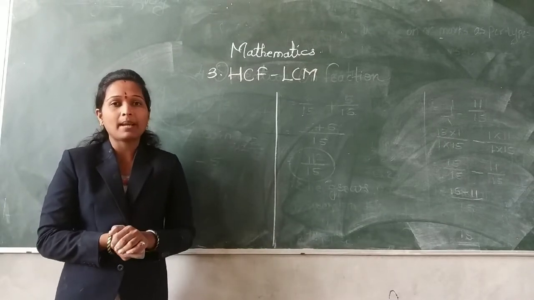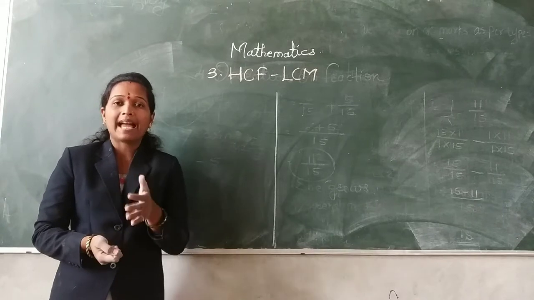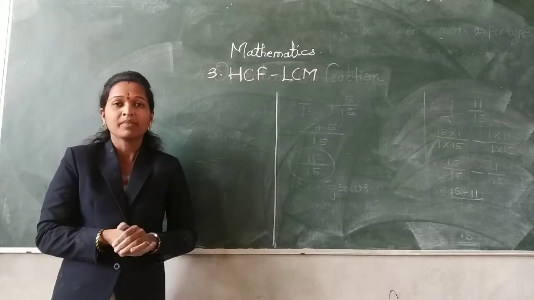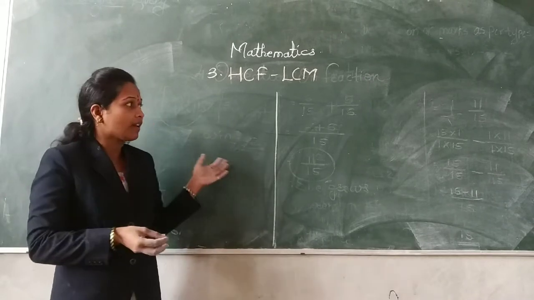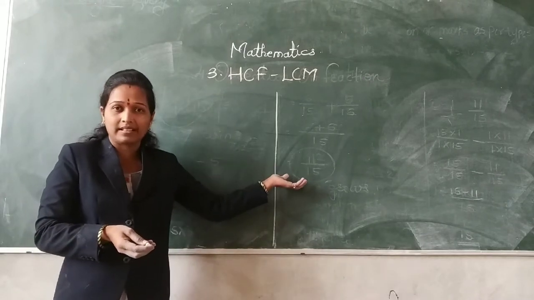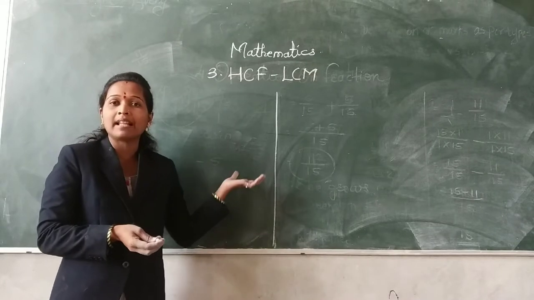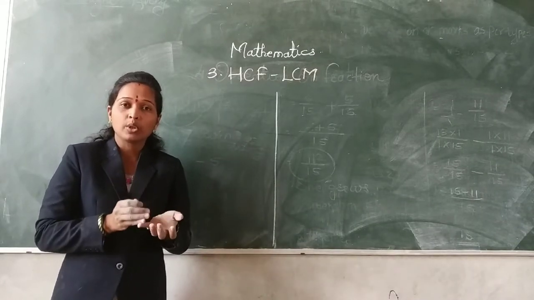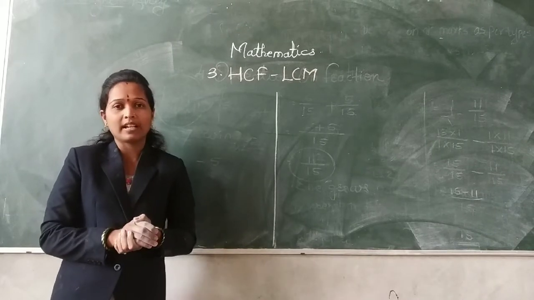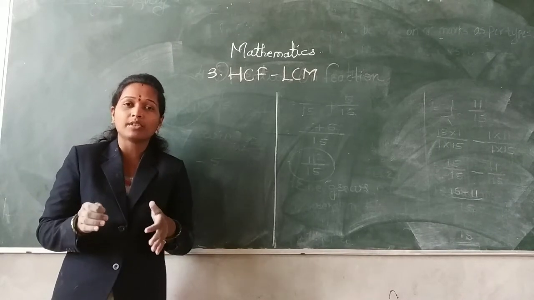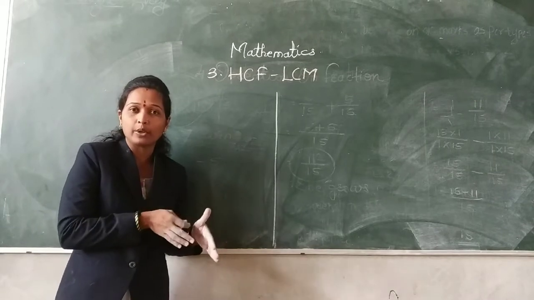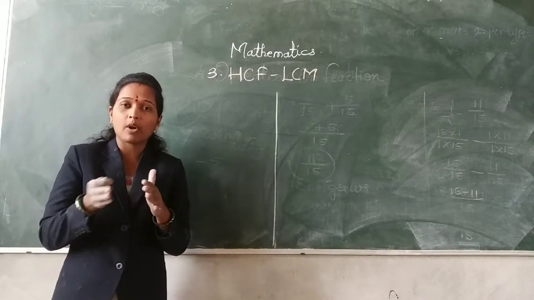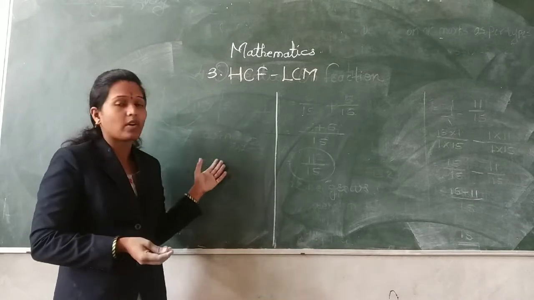And what is the meaning of prime numbers? Prime numbers means that the number occurs in the table of 1 and the number itself. And composite numbers means their factors are more than 2. Suppose you take the number 8. The factors of 8 are 1, 2, 4 and 8. In this way you can write the factors. Factors means that 8 occurs in the table of 2, in the table of 4, or in the table of 8.